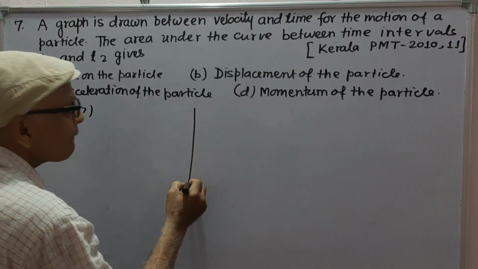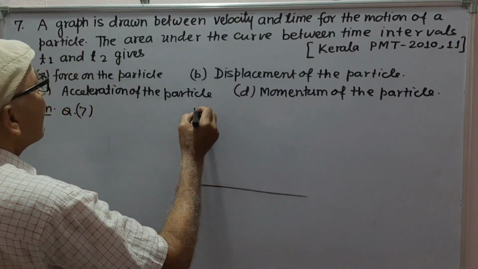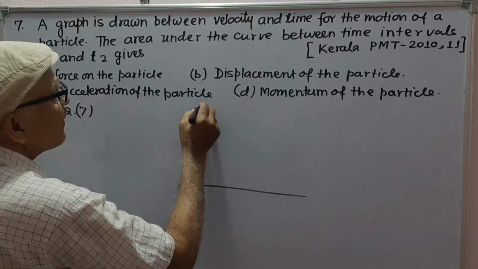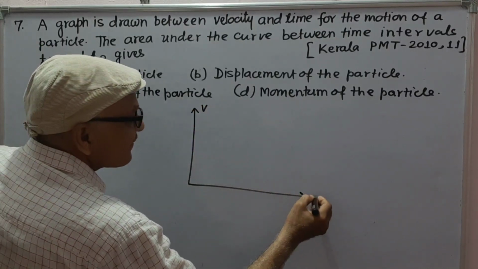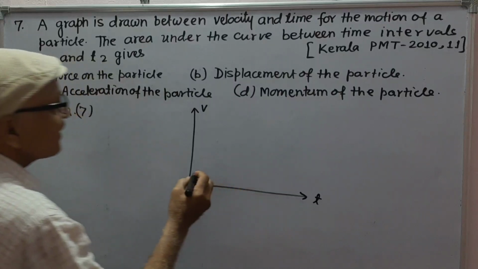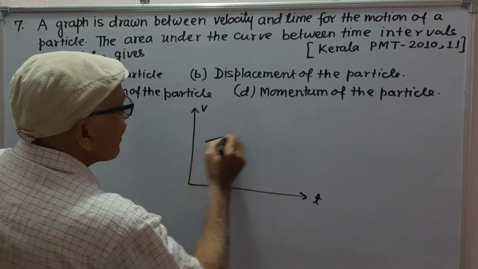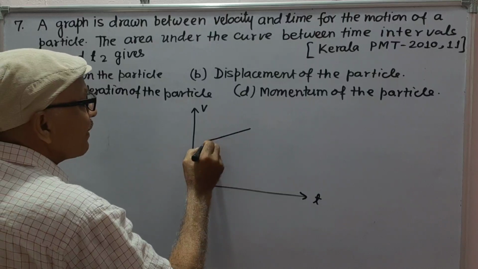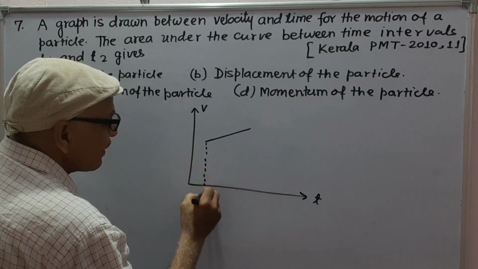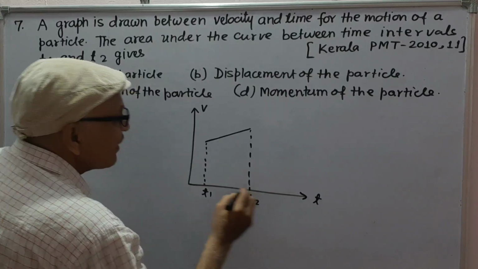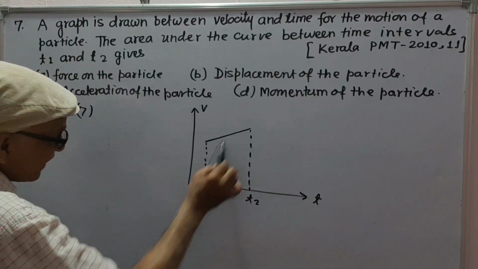Here, this is velocity axis and this is time axis. Suppose this is the graph from time t1 to time t2, then clearly this area